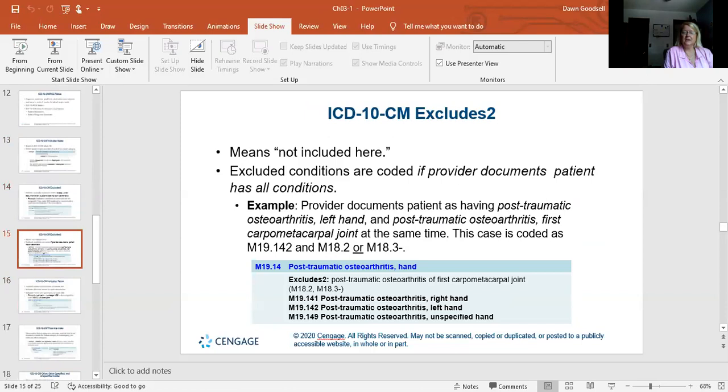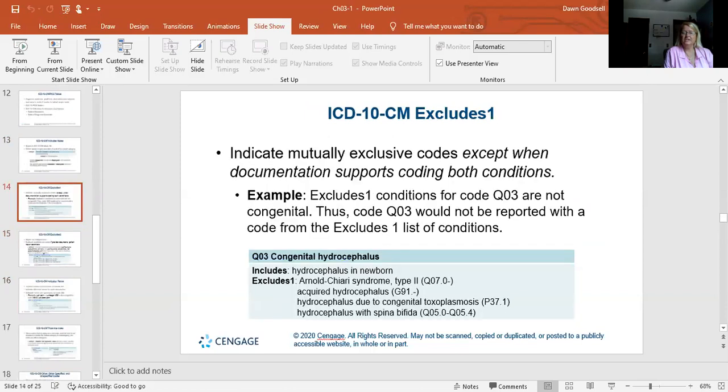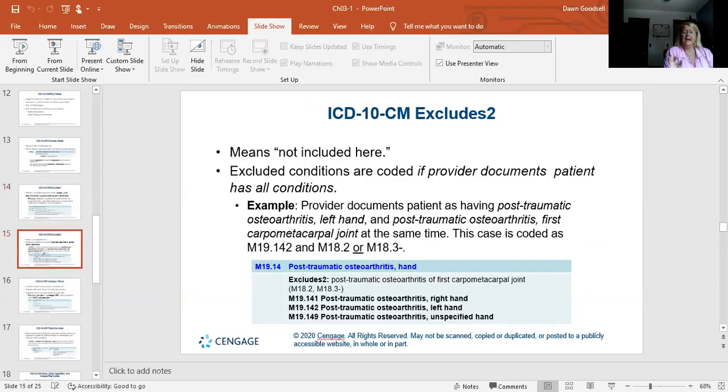Excludes notes. We have Excludes 1 and 2. Excludes 1 means that you can never code this code with this. Okay. So Excludes 1 codes means never, never, never. Okay. But Excludes 2 codes means you can't, but sometimes in rare circumstances you can. So it might be, for example,